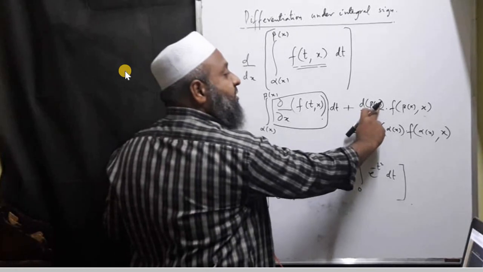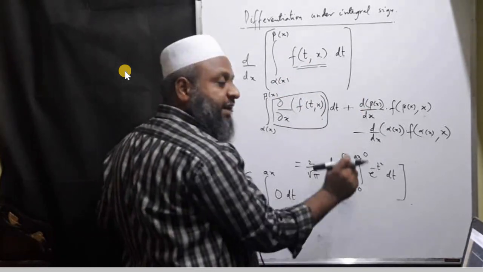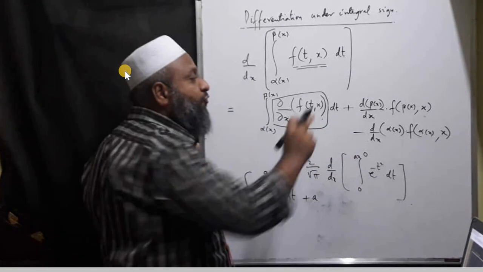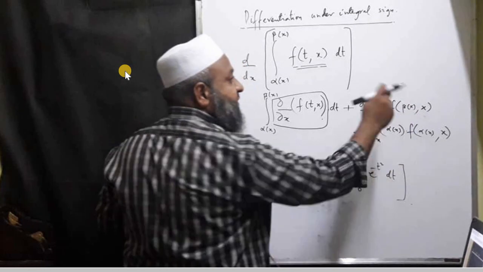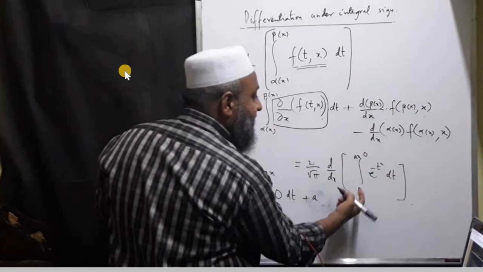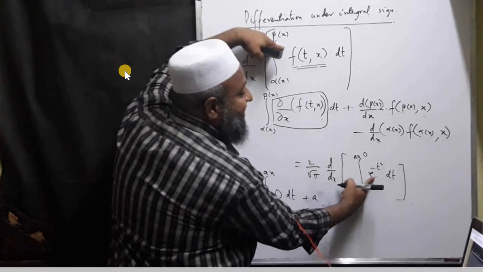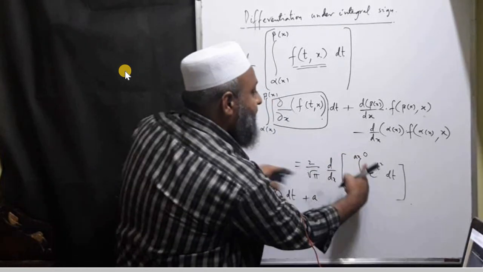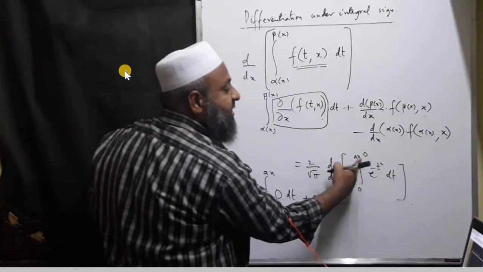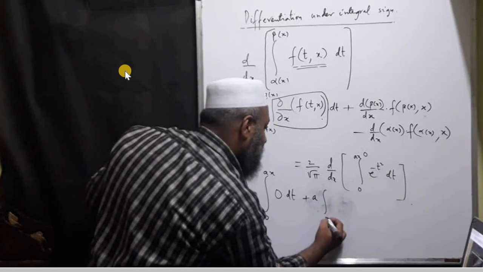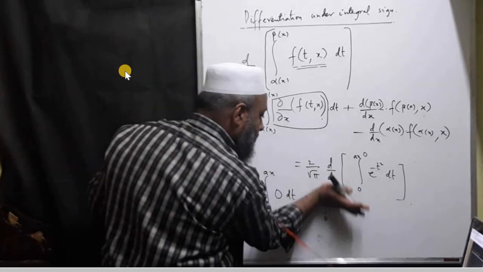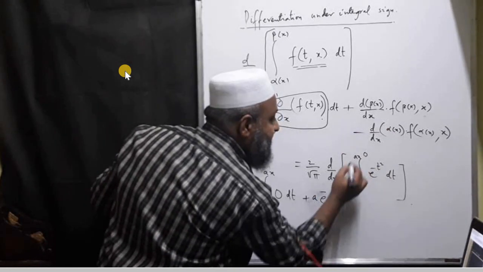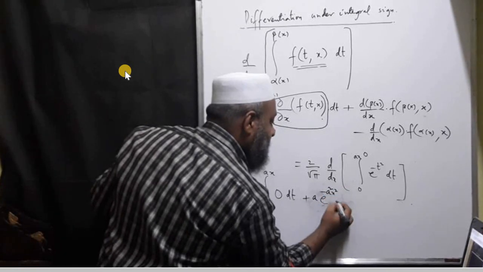This first term is done. Now you have to go for derivative of the upper limit with respect to x. So derivative of this is nothing but simply a. So we are at this step. Now we have to write for this one. What is that now? You have to calculate this function at t replaced with beta, that is the upper limit. So here the upper limit is ax. So I have to substitute ax in the place of t. So this becomes, not integral, only value of the function. So e to the power of minus t is replaced as ax, so a square x square.